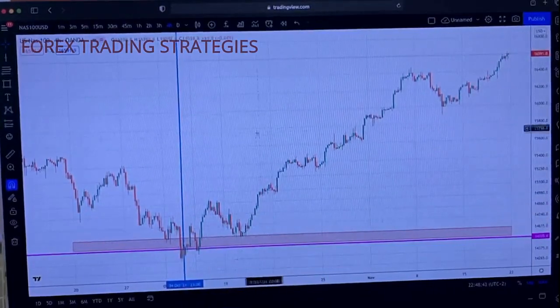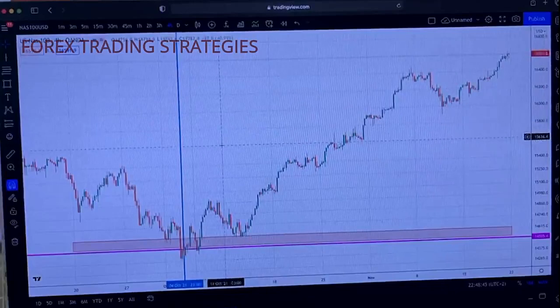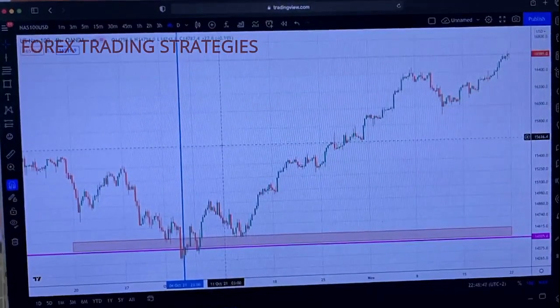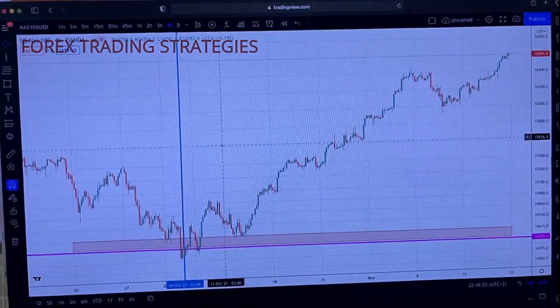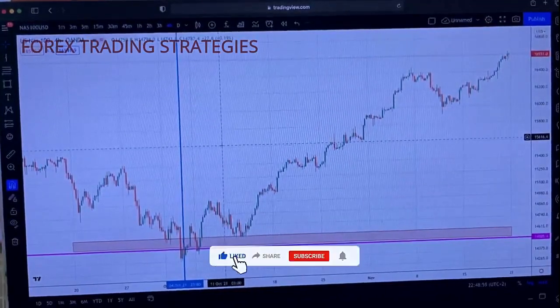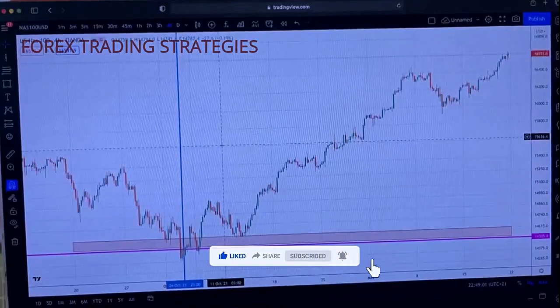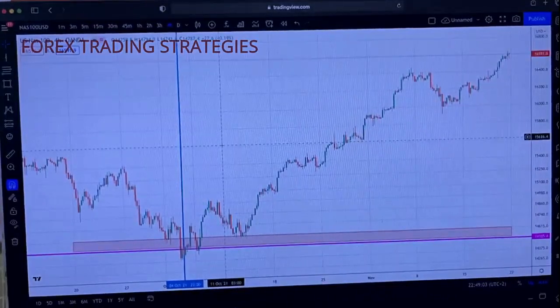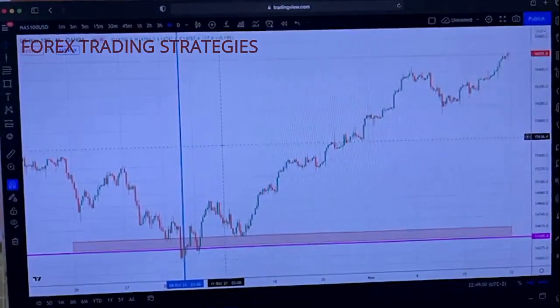Looking at the 4-hour time frame, the chart looks a little bit different compared to the daily time frame. Coming down to the 4-hour time frame, you're experiencing way more candlesticks. On a daily time frame it's one candlestick a day, but in 4 hours we have about, I think it's 5 or 6, I'm not too sure. We have more candlesticks in a day than on a daily chart. Therefore, we experience more movements on a 4-hour chart than on a daily chart, in terms of you being able